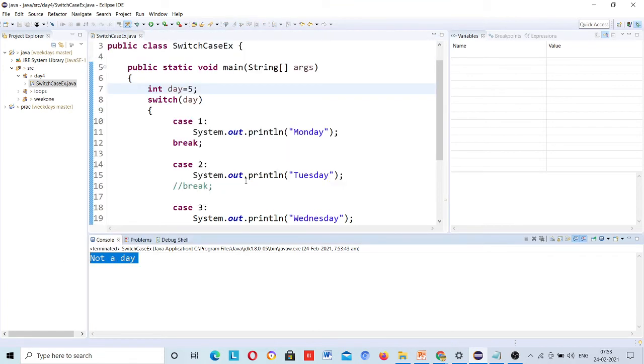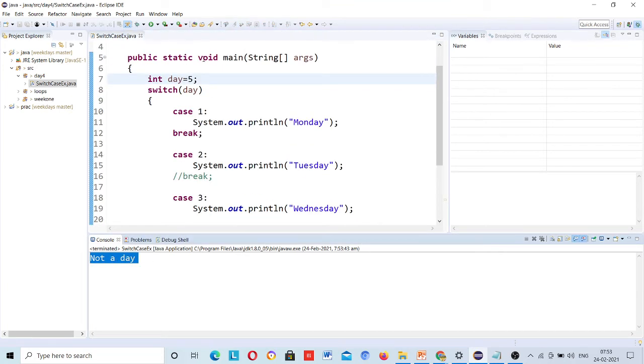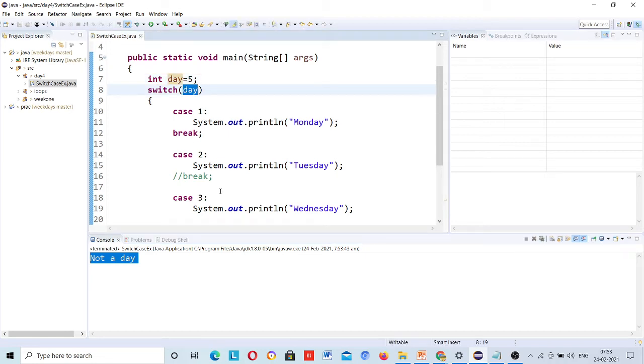So this is your switch case. Strings are also allowed now, so you can try with strings as well. Just declare a string variable and pass that variable here. Nothing new to tell, just like I used this integer variable. Just try it out. This will be your assignment for switch case.